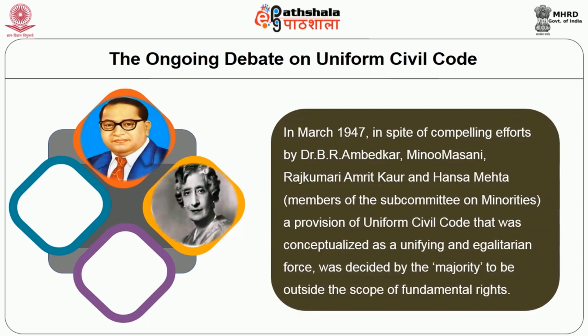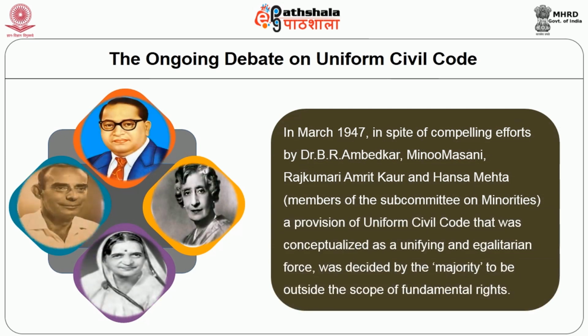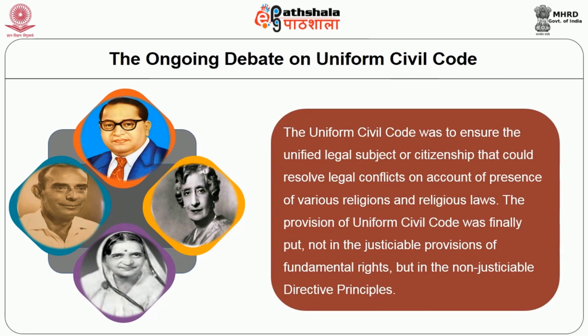In 1947, in spite of compelling efforts by Dr. B.R. Ambedkar, Minoo Masani, Rajkumari Amrit Kaur and Hansa Mehta, members of the subcommittee on minorities, a provision of Uniform Civil Code that was conceptualized as a uniform and egalitarian force was decided by the majority to be outside the scope of fundamental rights. The Uniform Civil Code was to ensure the unified legal subject or citizenship that could resolve the legal conflicts on account of the presence of various religions and religious laws. The provision of Uniform Civil Code was finally put not in the justiciable provisions of fundamental rights but in the